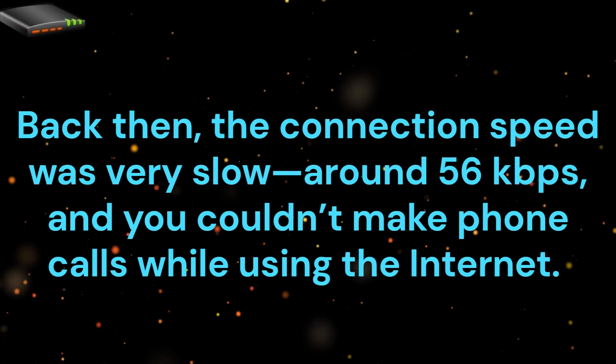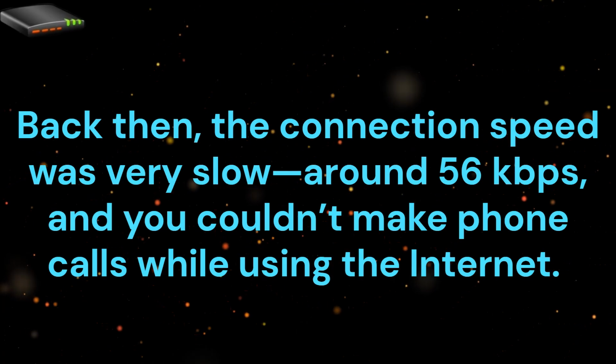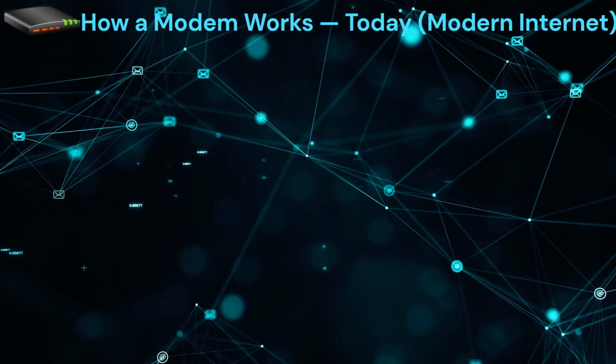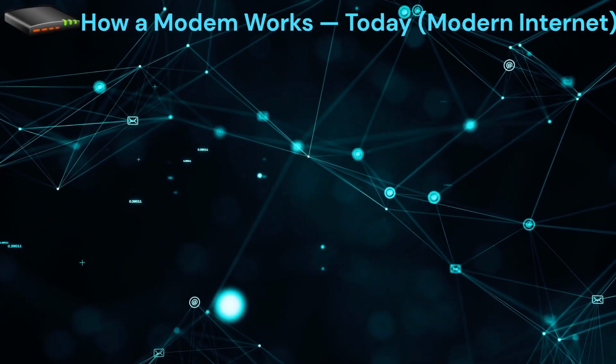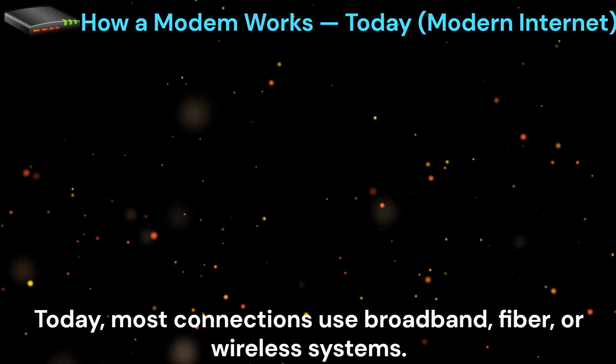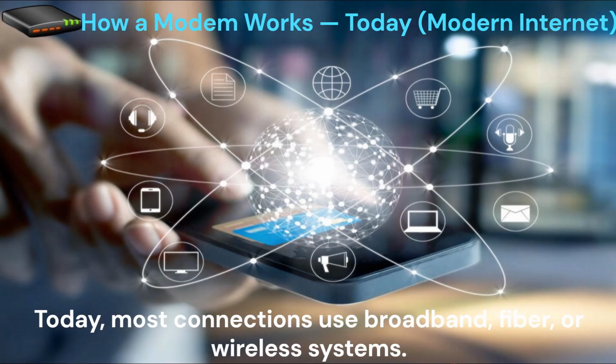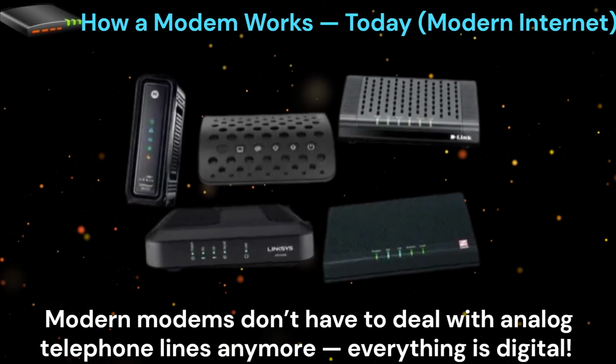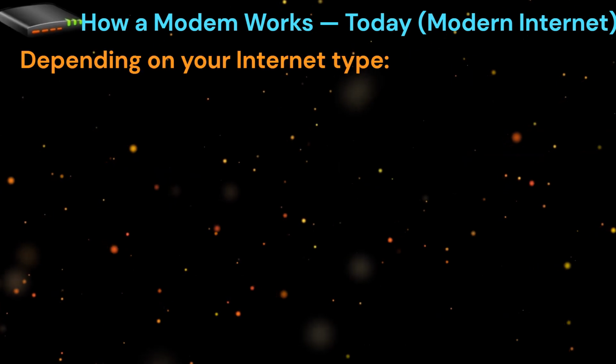Back then, the connection speed was very slow, around 56 kbps, and you couldn't make phone calls while using the internet. Let's see how a modem works today: modern internet. Today, most connections use broadband, fiber, or wireless systems. Modern modems don't have to deal with analog telephone lines anymore; everything is digital. Depending on your internet type: